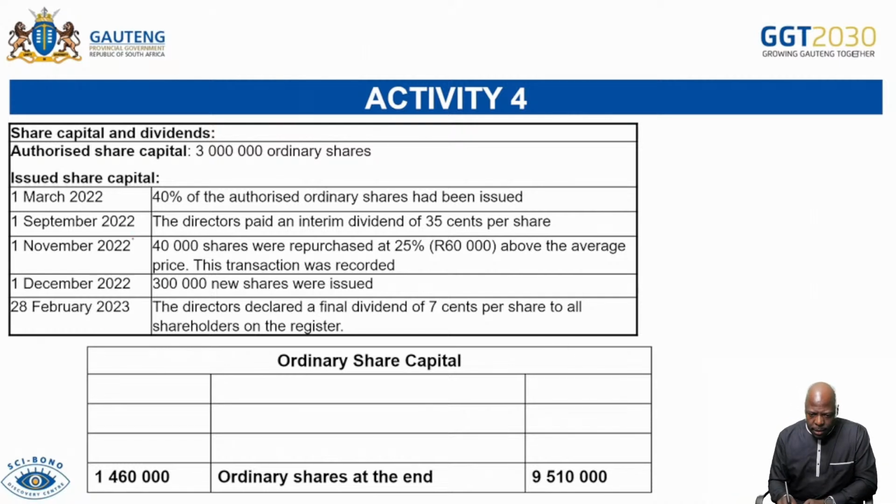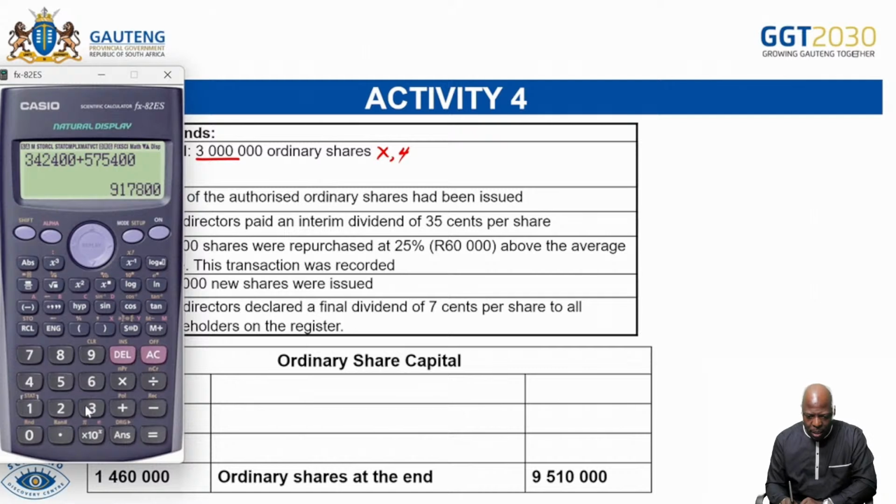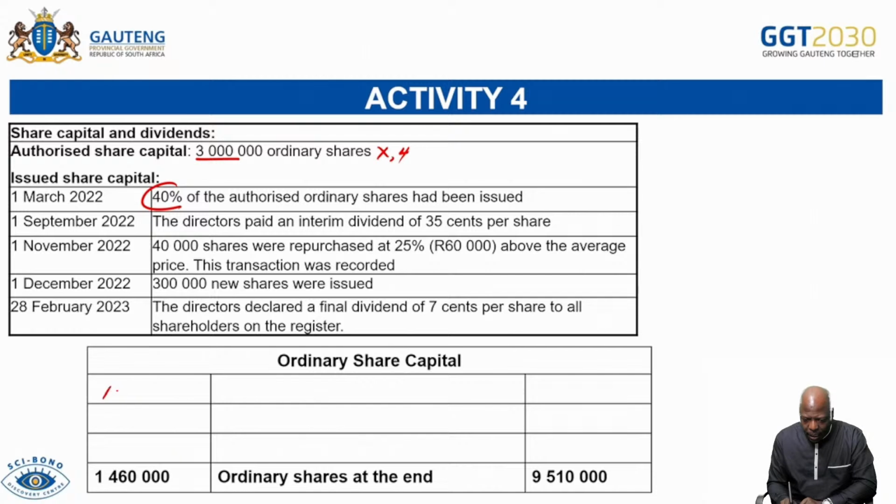Okay, so it says on 1 March, which is the beginning of the financial year, 40% of the authorized is what? 3 million. 40% of the authorized shares had been issued. So it's 40% of the 3 million. That means we're coming here. Where's my adding machine? So I have my 3 million. Is that enough zeros? Yes, it is. Then I get 40% of that. And that's going to give me 1.2 million. That means at the beginning, I had 1.2 million